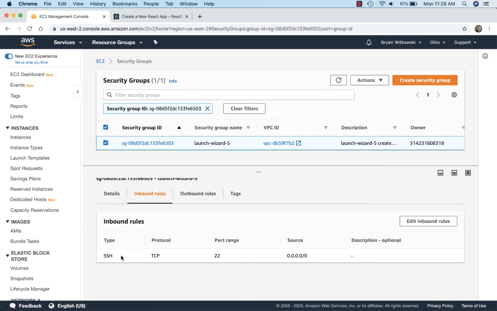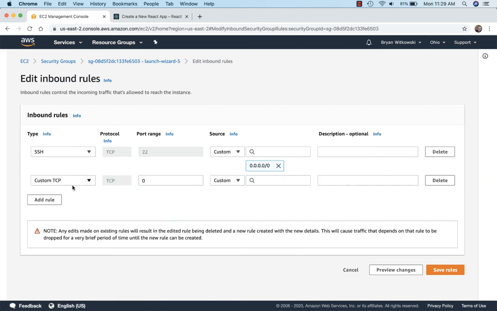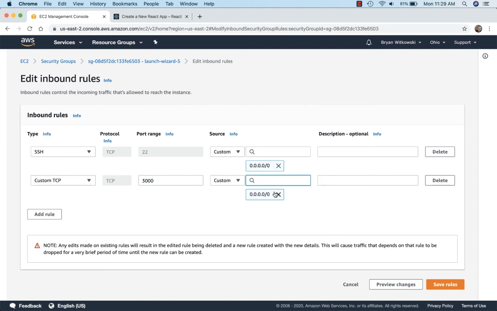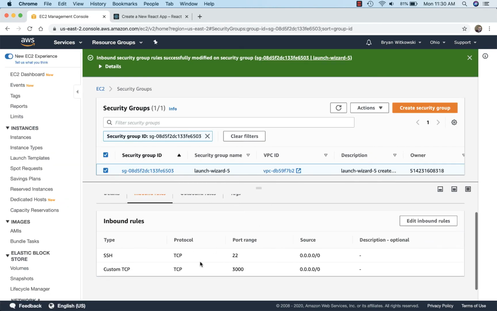Okay, so right now it's going to allow SSH to be an inbound port. I want to edit my inbound rules. So right now SSH is there. I want to add another, which is custom TCP, and I want that on port 3000. And again, just kind of going through the rules here so I can allow traffic to come into my web